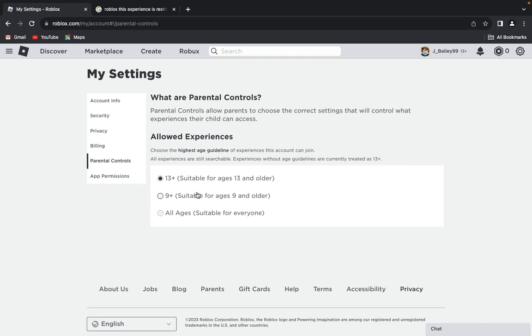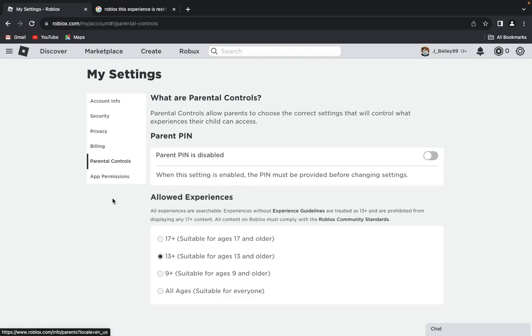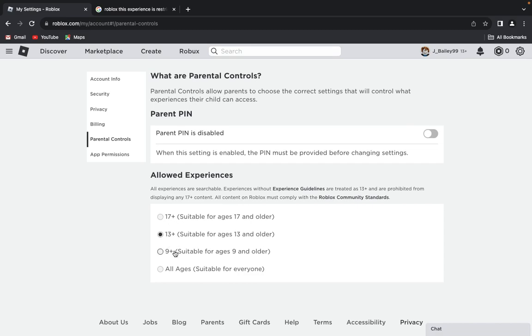and then as you can see here, there are different options, and my account is set for 13 plus, but there's also 17 plus, 9 plus, but let's say for example we want to set it 17 plus,